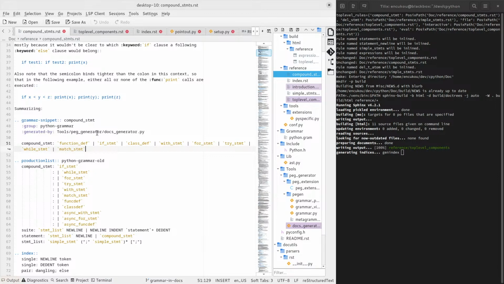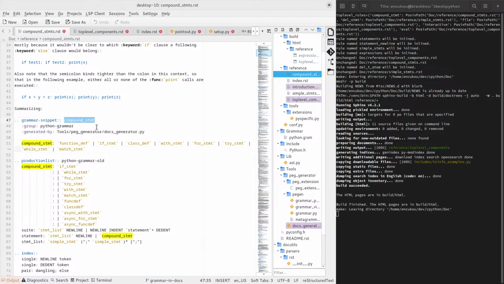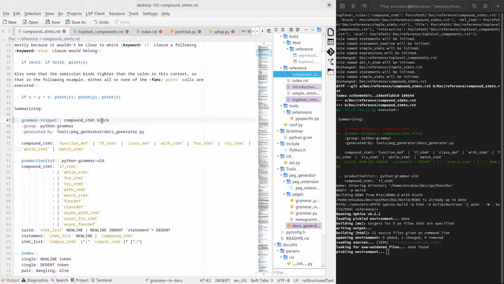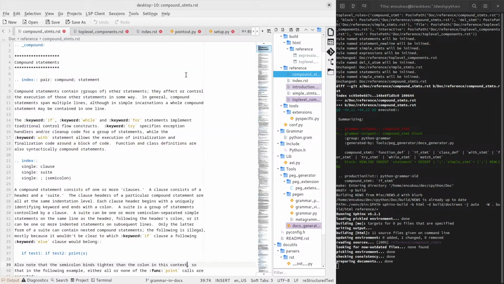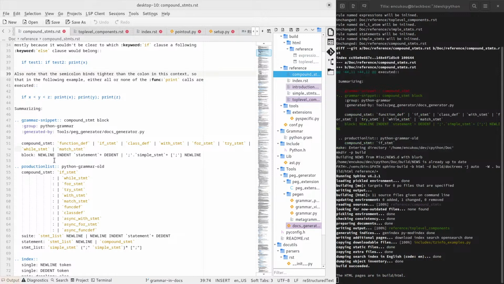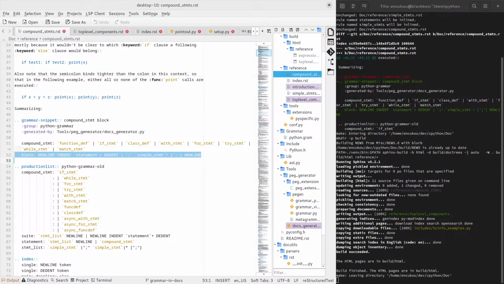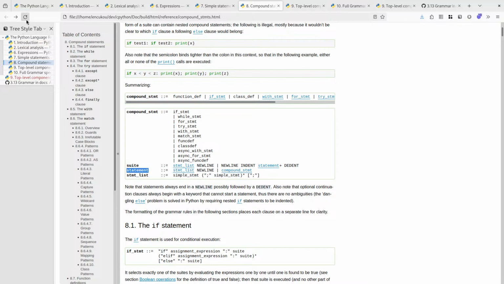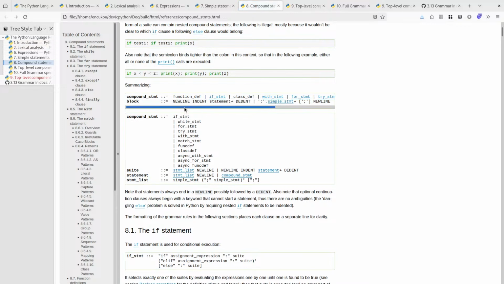What we need to do is, well, document compound statement and block. Right. That added this nice little rule here. So a block is new line, indent, statements, and a dedent. Or it can be simple statements